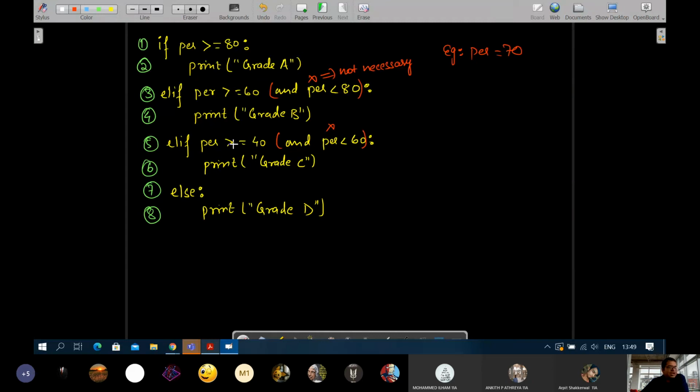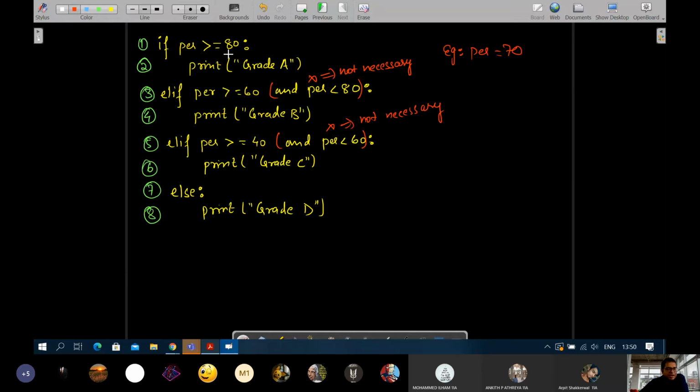It will not, because it is already satisfied in line number 3. So it will get inside the block, print grade B, skip the rest of the part and come out of the if else structure. Therefore, if you maintain the sequence 80, 60 in decreasing order from the top, then you can eliminate the second part, which will not be necessary.